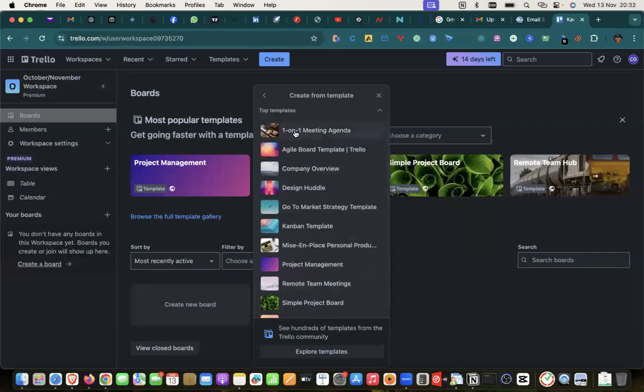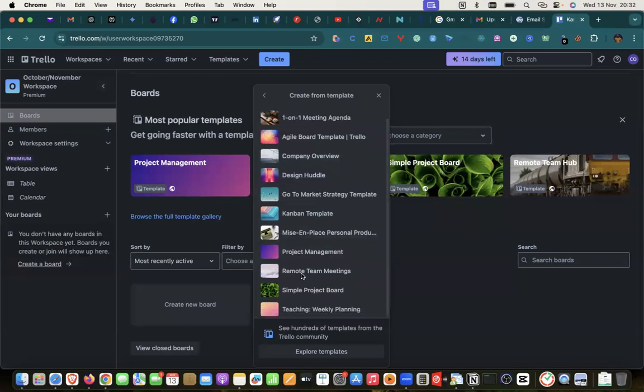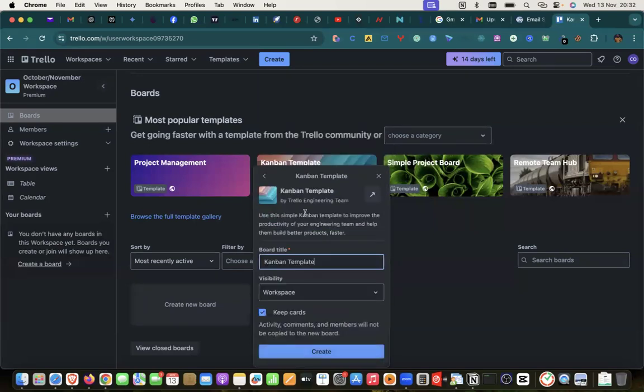If you want to plan out, this is for a one-on-one meeting agenda. This is agile board template. There is a project management type called agile. There are different methodologies. So this is for those who use agile methodology. You can use the agile board templates. Company overview. So these are all samples. But what I want to use is the Kanban template. So I'm going to rename this to